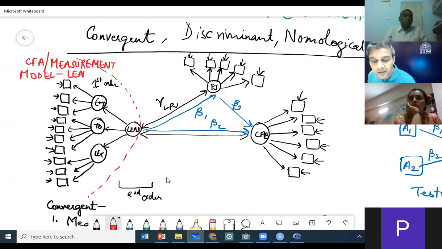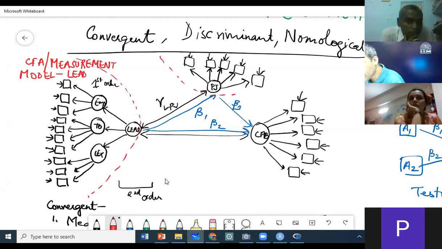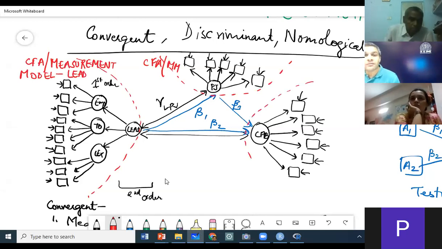This is our measurement model for leadership. Then we are going to do another CFA, this is CFA or measurement model for PJ. And then we are going to do another measurement model for the third construct that we have.